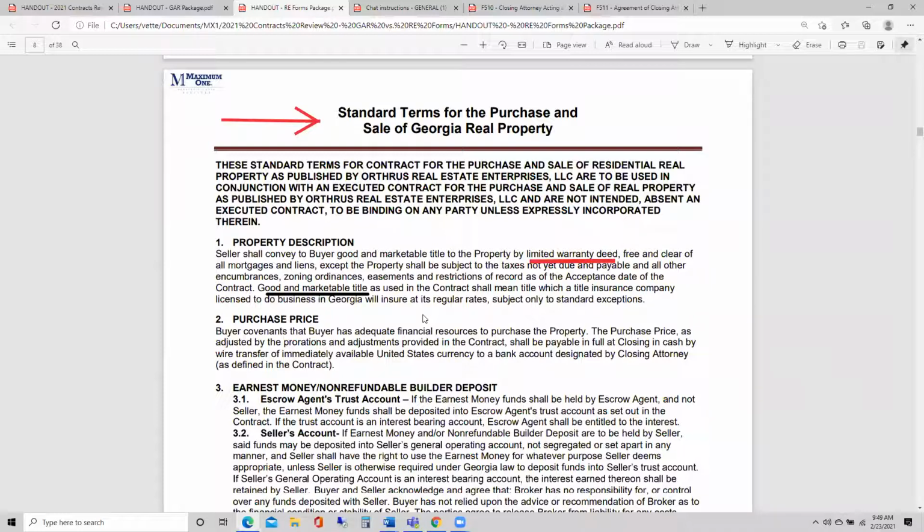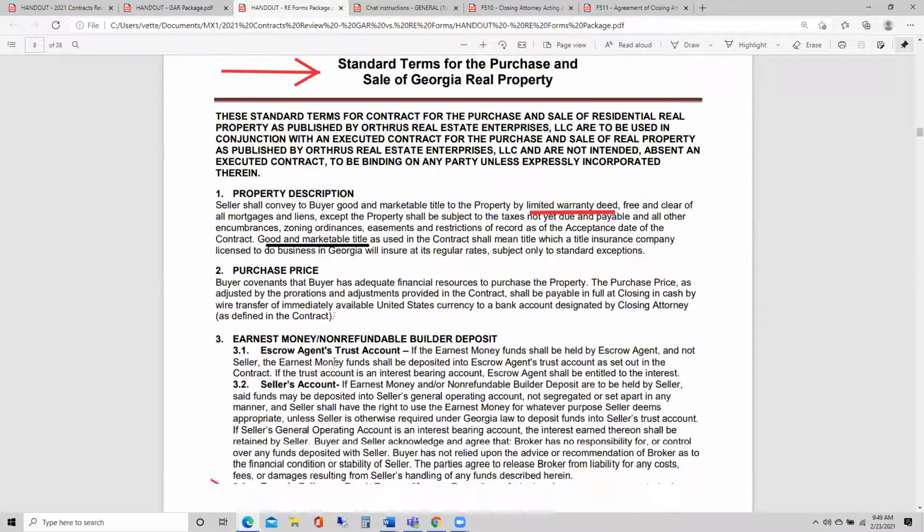Again, you are all independent contractors. I suggest you protect your license as well as provide good customer service. Download this from your package, either Remind Docs Plus through FMLS or Transaction Desk through Georgia MLS. Reference it as an exhibit and attach it to your contract, because this, like I said, is all